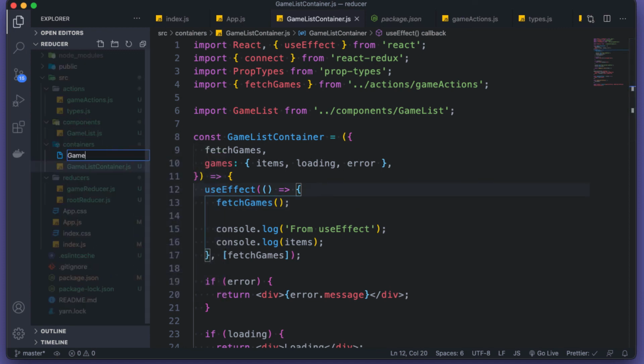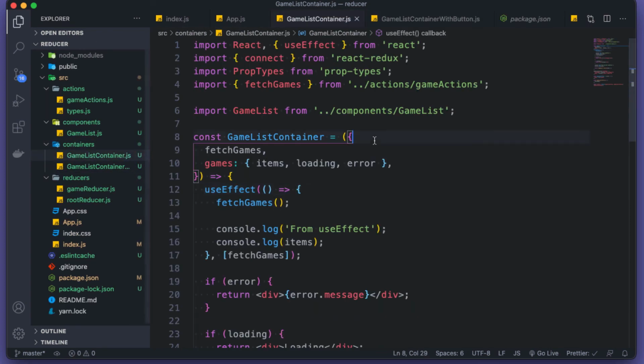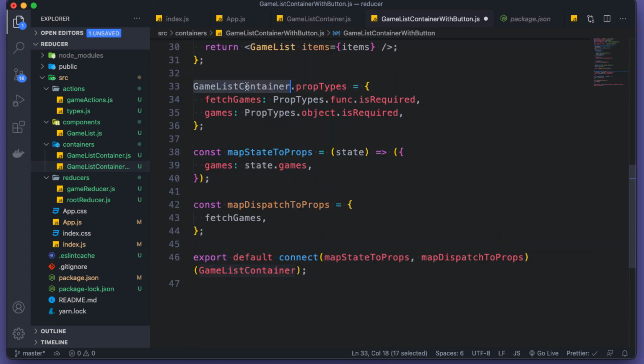This one is called GameListContainerWithButton.js. I'm gonna copy everything here, put it here, make some changes. So put with button, also down here, add prop types, replace it, and one more down here,